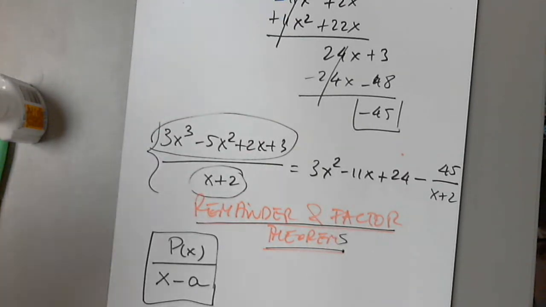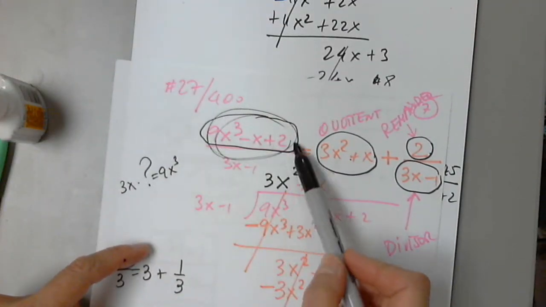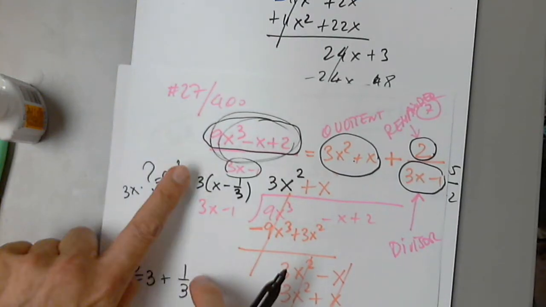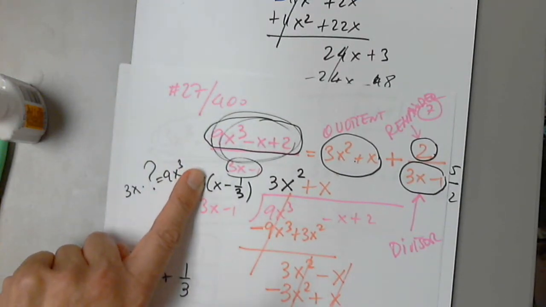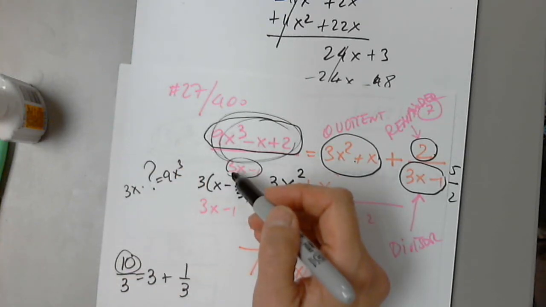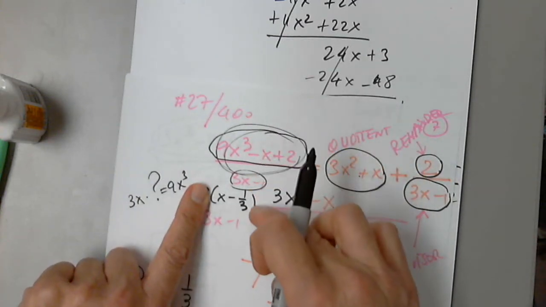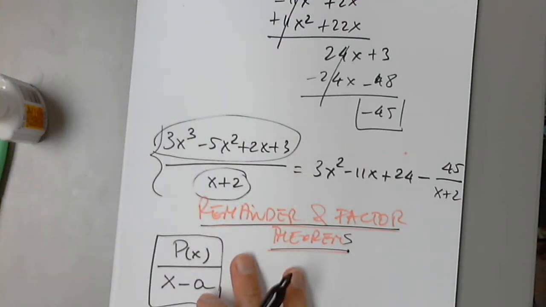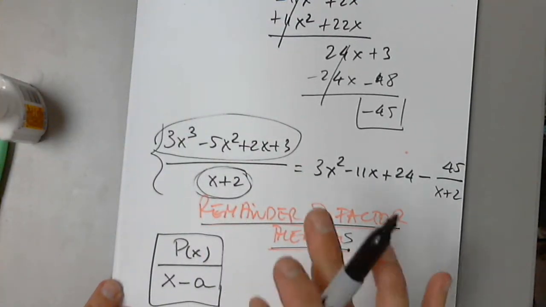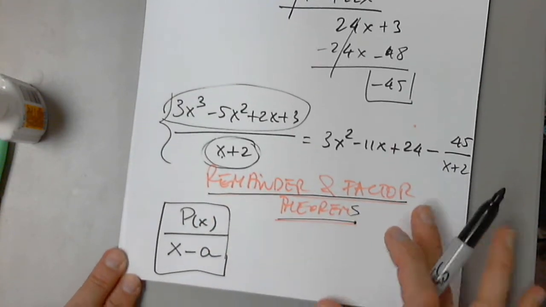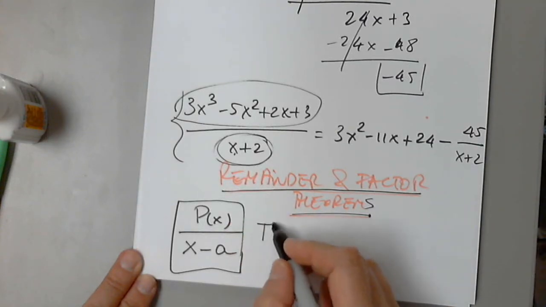What about the previous case? Could I have used the theorem? I haven't even explained the theorems, but I'm just asking. Could I have used the theorem here? Yes, only when I write this and I disregard the 3 for a while till I put it back in, but not with a number in front. So I can divide this by x minus 3 and then further divide by 3. In this particular case, I don't have to do that because the denominator is already clean, plain 1x plus or minus a number. So in these situations, the remainder